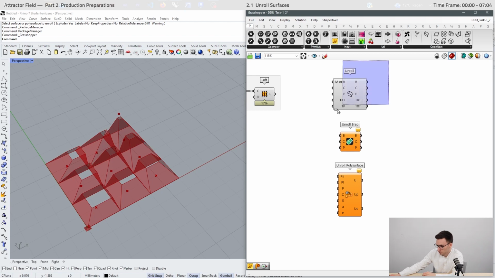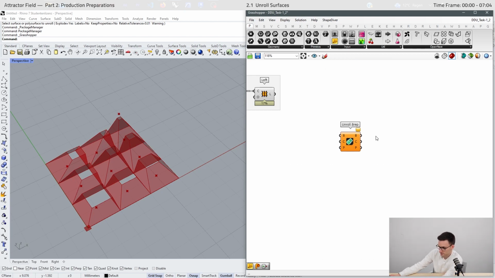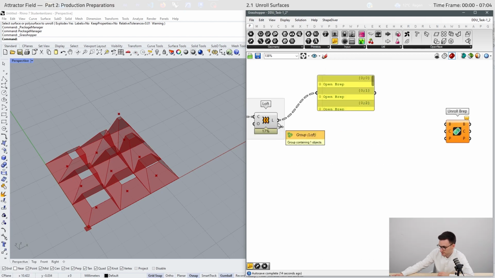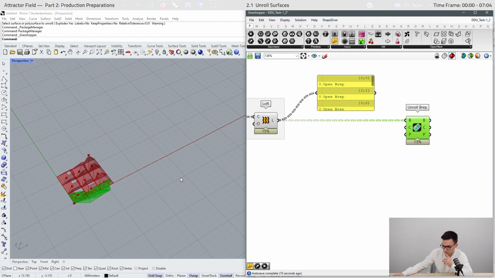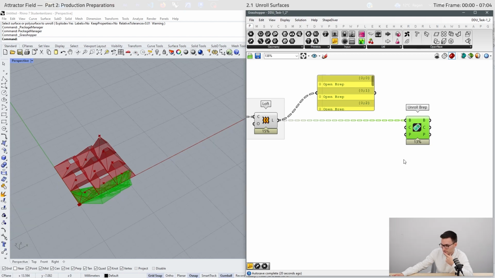Okay, I will delete these components and just use these. Here we can see that each object is unrolled at the origin. So now we will construct a grid of points with the same number of points as there are objects, pyramids right here.